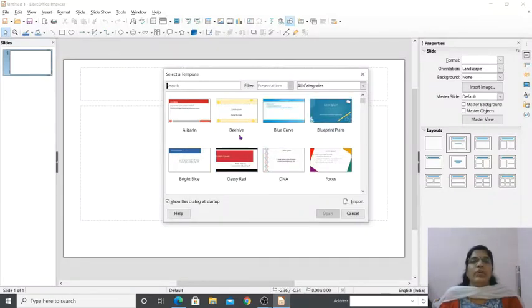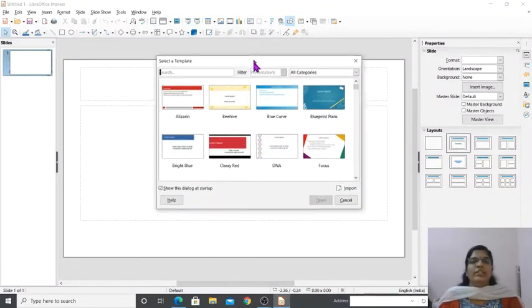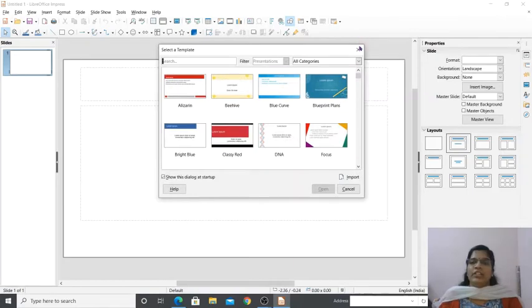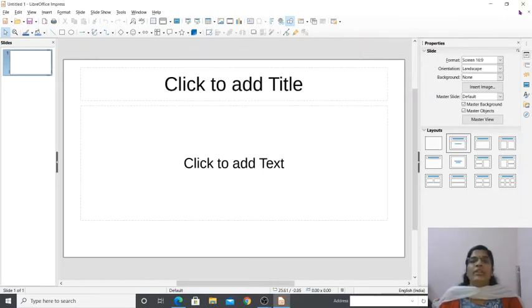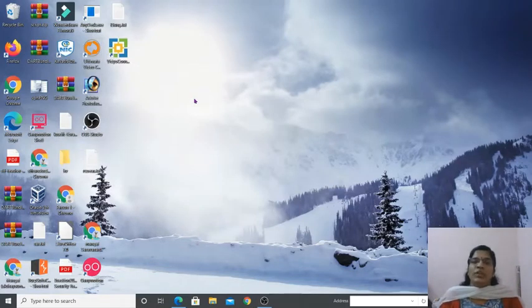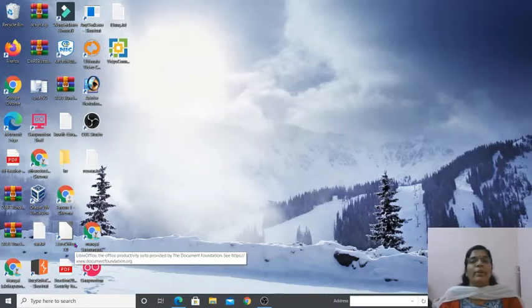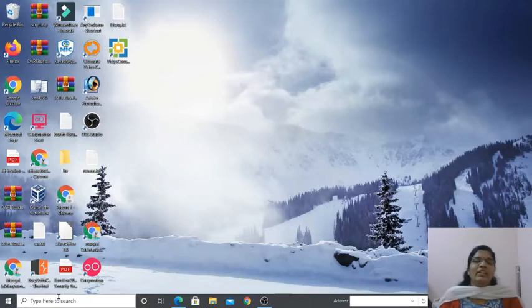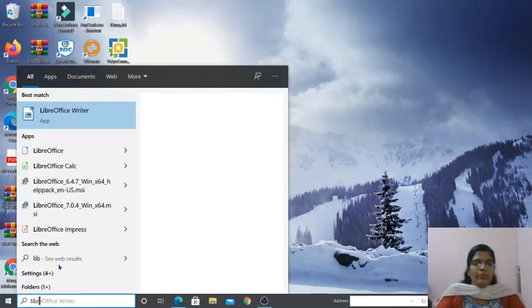This is the window that appears. You can see select a template. I'll let you know about that later. Now we are studying how to get inside this presentation. The first method is using the LibreOffice icon on the desktop. The second method, in the search box you can write LibreOffice.